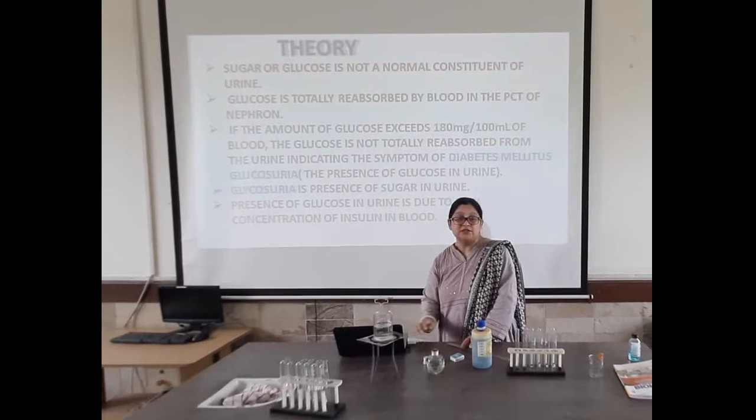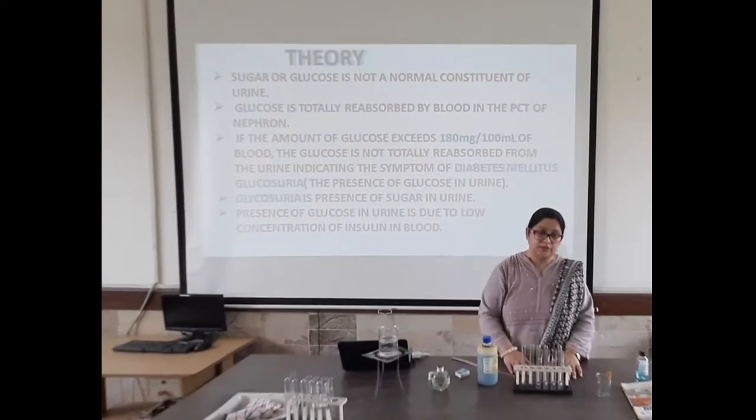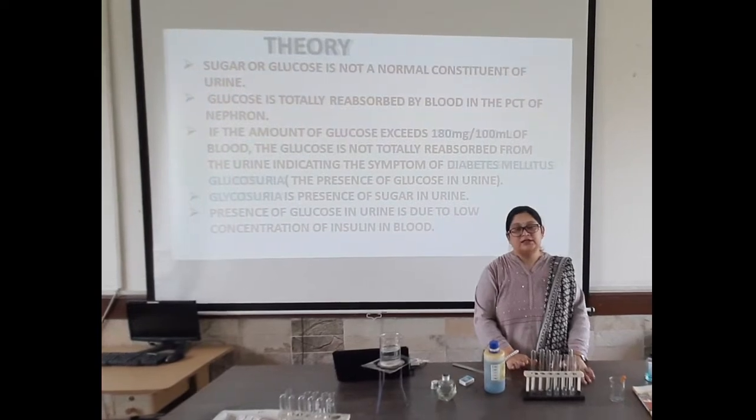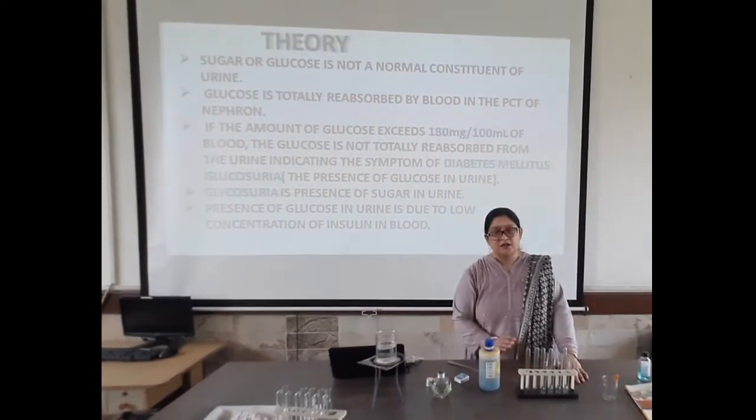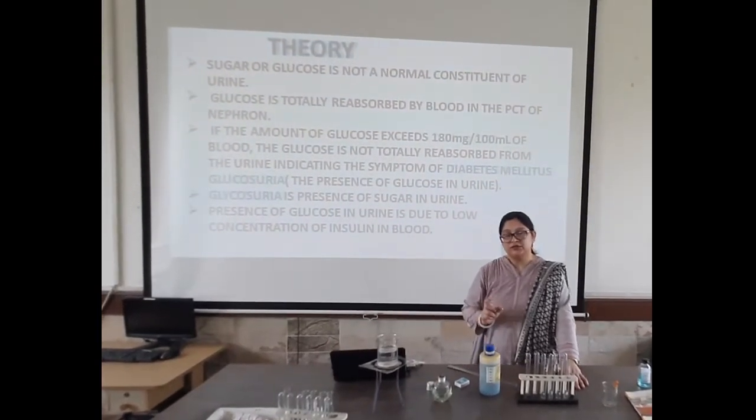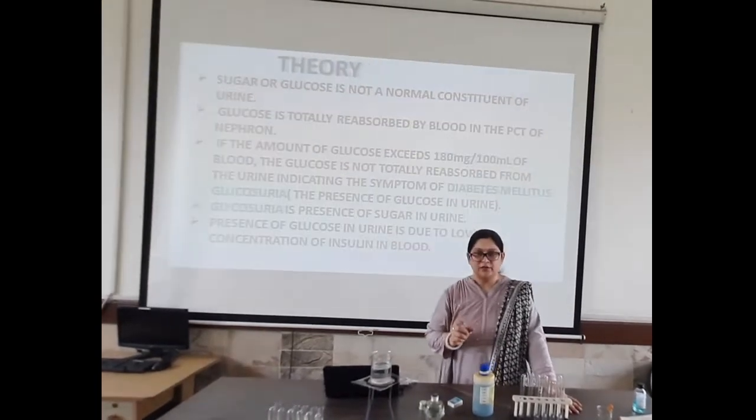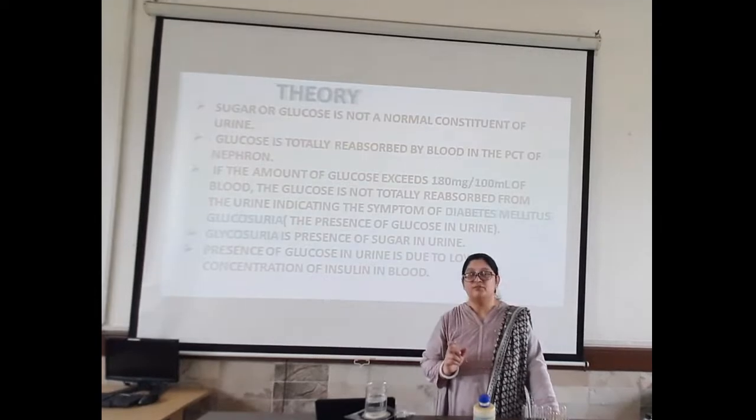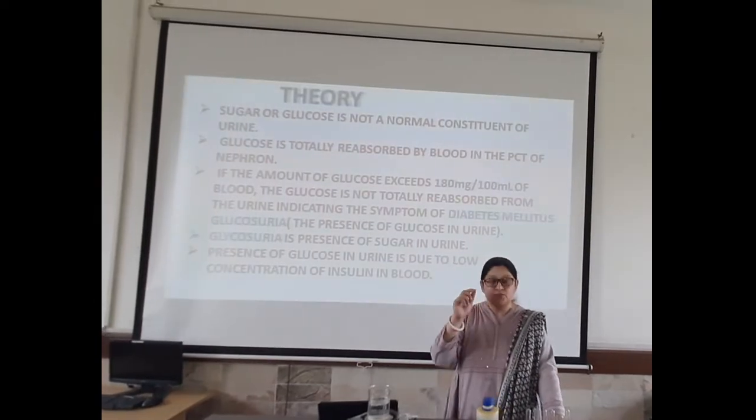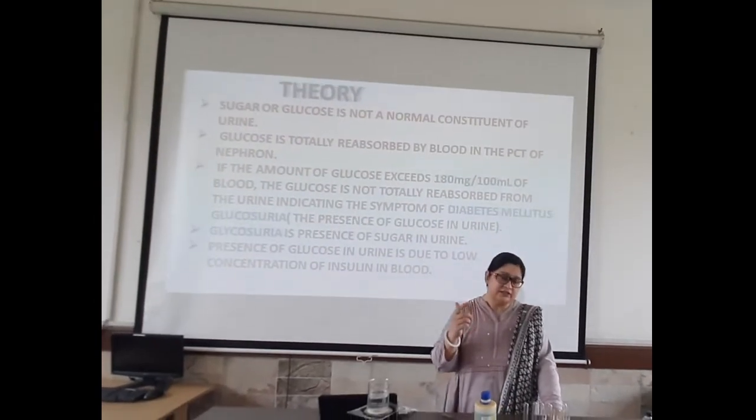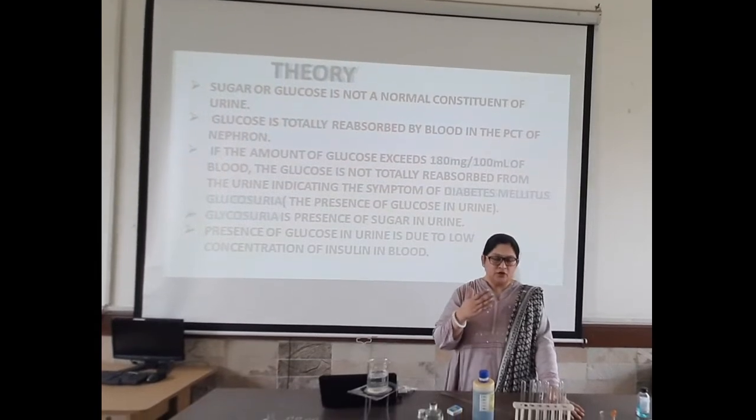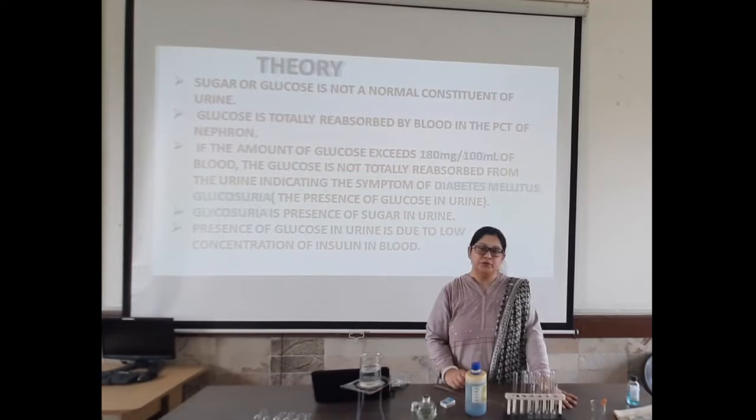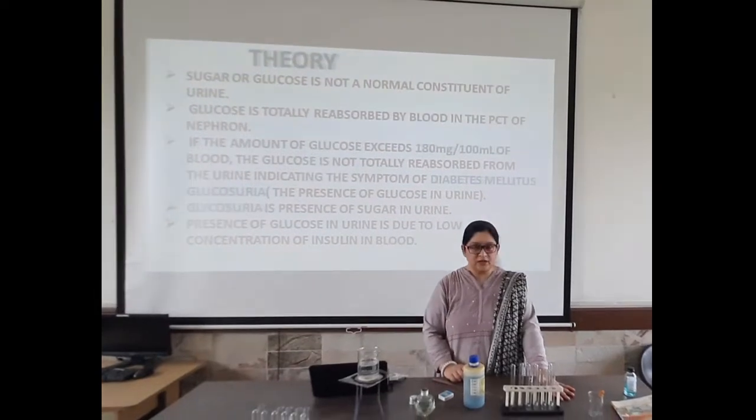Now students, what is the theory behind the experiment? We are all aware that sugar is present in our blood, and there is a normal range of sugar in our blood, that is 180 mg per 100 ml of blood. If the range increases, your kidney is going to excrete that sugar in the urine, and with the help of urine samples we can